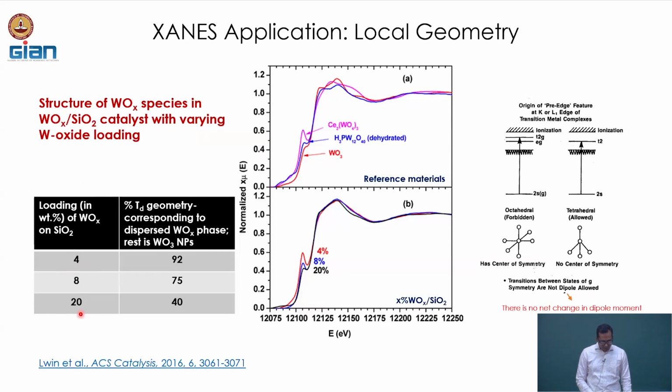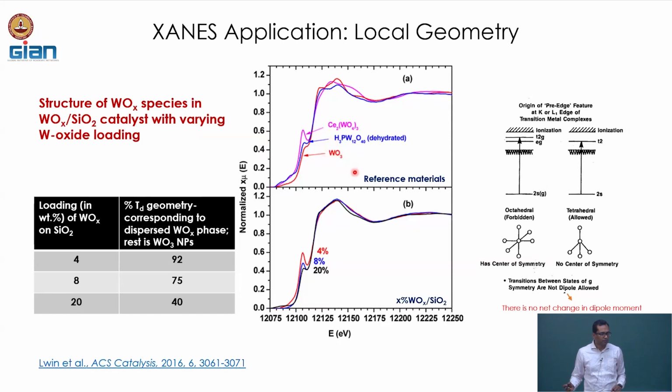Okay, and we are trying to figure out what could be the possible geometry of tungsten oxide in all these cases. And for that we have the XANES spectra that is collected for all these samples. Well, the samples are here, but these are the reference materials. Let's just look at one very crucial feature here, is that we have taken 3 different reference materials. We have the cerium tungstate. Now, as I mentioned a minute back, we have tungsten oxide present here in tetrahedral geometry and in isolated form. Okay, we have WO3, in which the tungsten is present in octahedral form like WO6 structure, and a